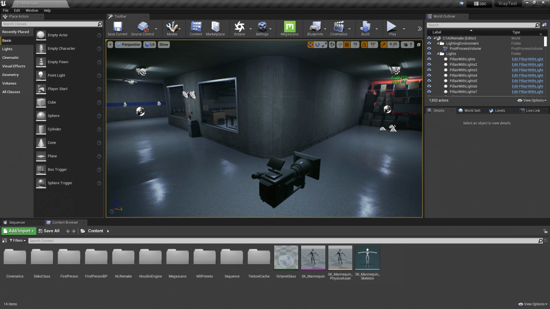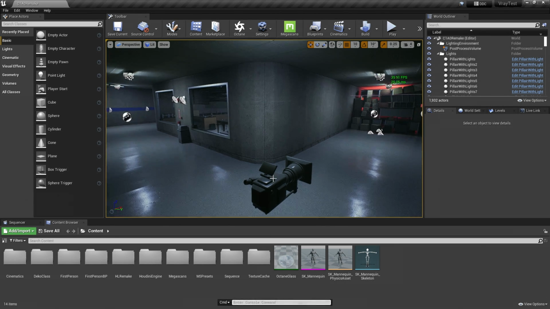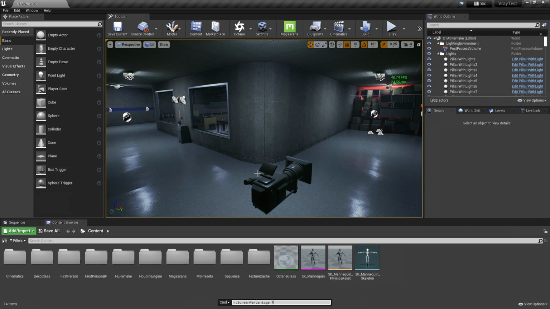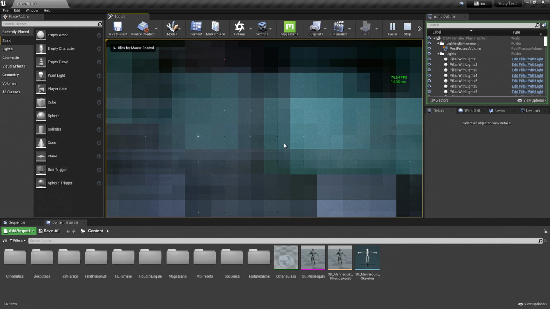Next, what we're going to be doing is using the screen percentage. So that is r.ScreenPercentage. Here we go. And a value. So from, I guess, 100 being the full resolution and thus no upscaling, to say 1% of the screen is rendered and the rest is AI upscaling. Hit enter. Now you're not going to notice the difference now because it only works in play mode. So when we hit play, we're going to get